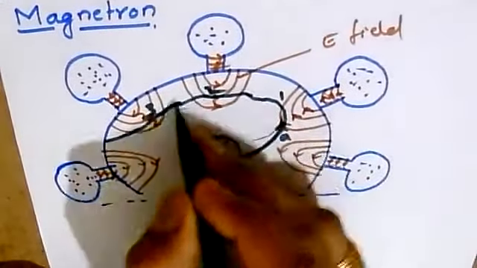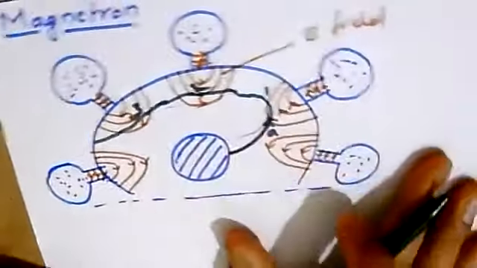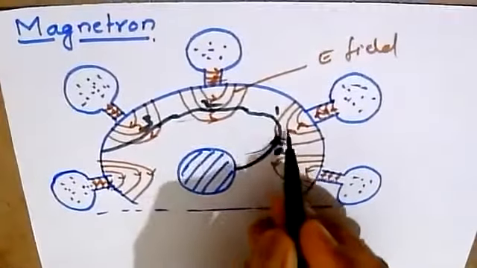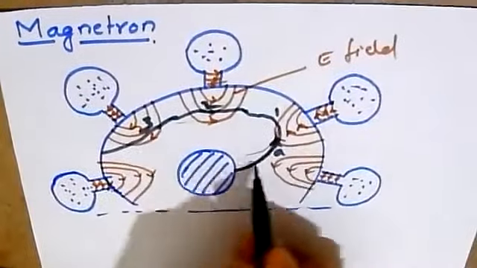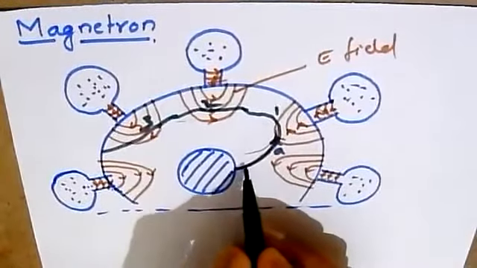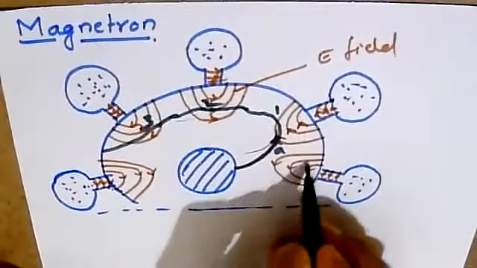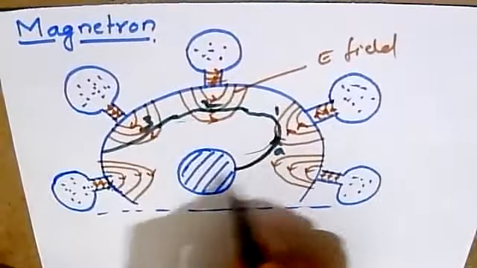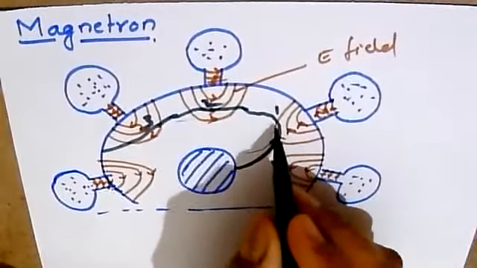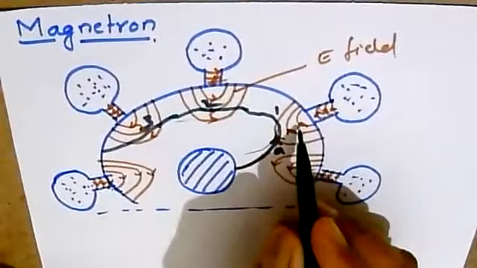Such a number of A electrons will be passing through this trajectory path and will be influenced along this path. So such a number of A electrons will be passing like this, and all of this will be taking place. Such A electrons will keep on moving through the field, thereby giving the oscillations.